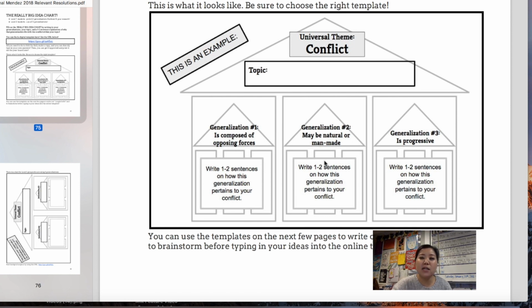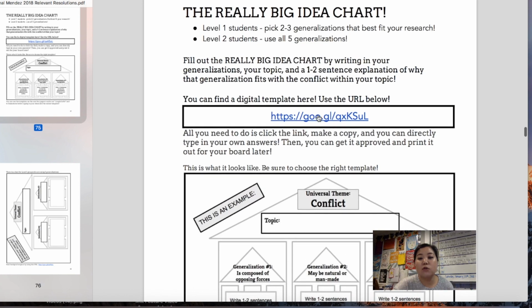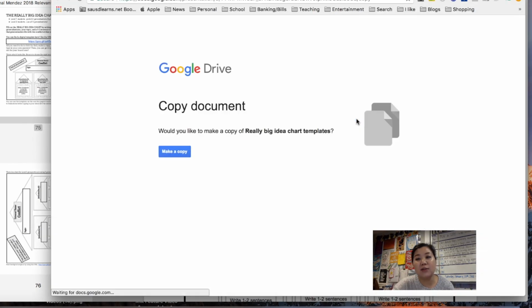You might be wondering, how am I supposed to make this paper? It looks really complicated. Do I have to create a Google drawing? You don't, because we decided to save you lots of time. So if you go to the https://goo.gl/ lowercase q, lowercase x, capital K, capital S, lowercase u, capital L. I know it's long, but it's actually shorter than the actual URL. If you write that correctly into your URL, and right now since I have a PDF,